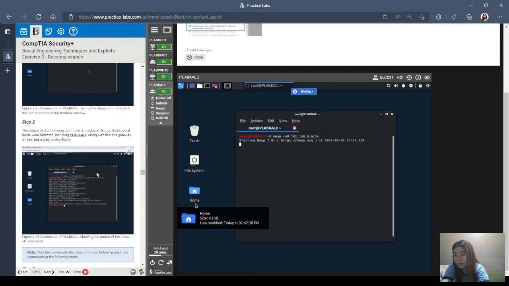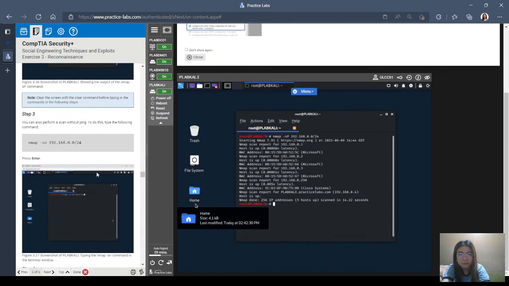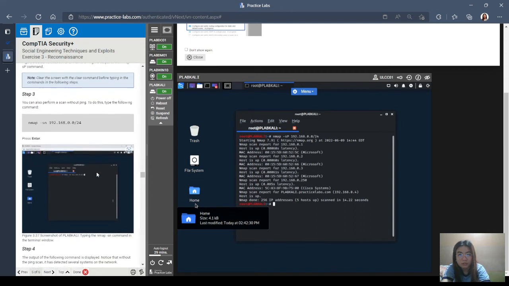Notice that several hosts were detected, including PLAB Kali. Along with this, the gateway IP 192.168.0.250 is also found. You can also perform a scan